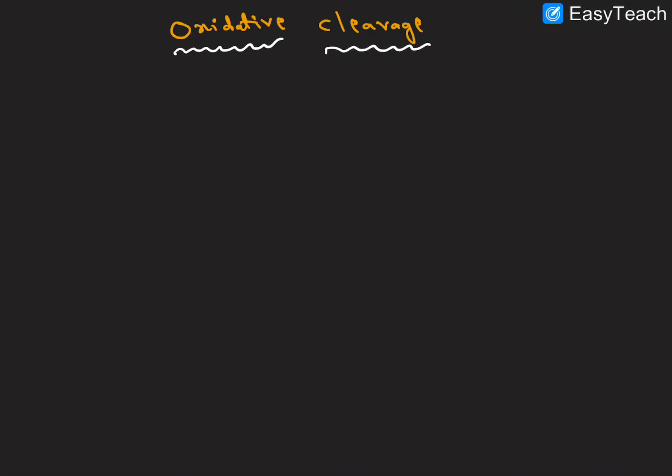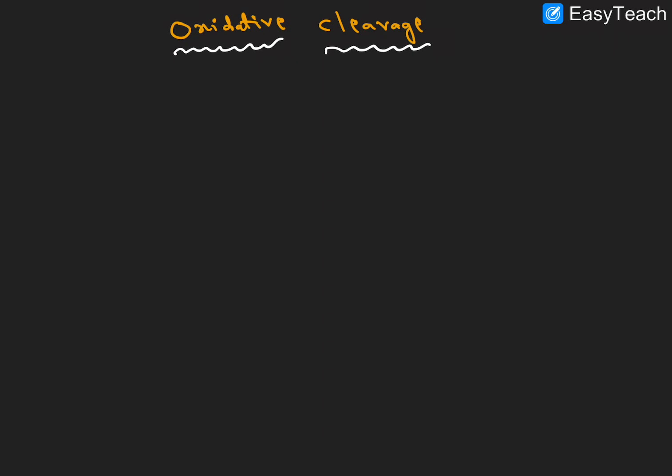In this session we discuss oxidative cleavage of alkene. Already we discussed part 1 and part 2, some chemical properties. This is part 3, right? Oxidative cleavage of alkene is nothing but the double bond between the carbons completely breaking here. So that is oxidative cleavage, right?